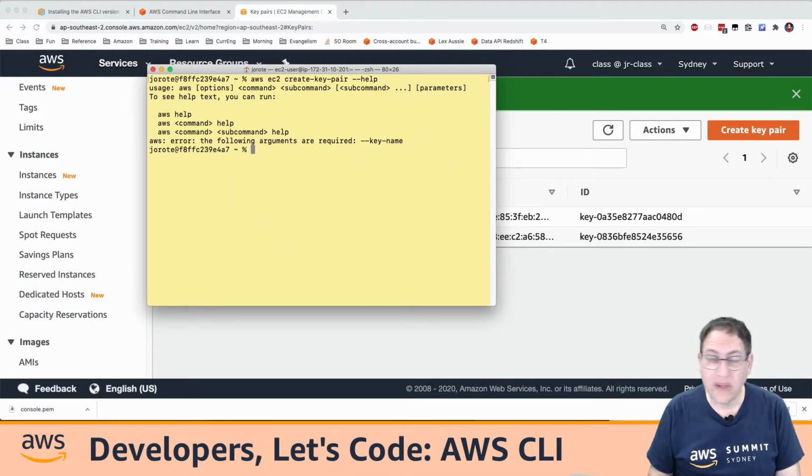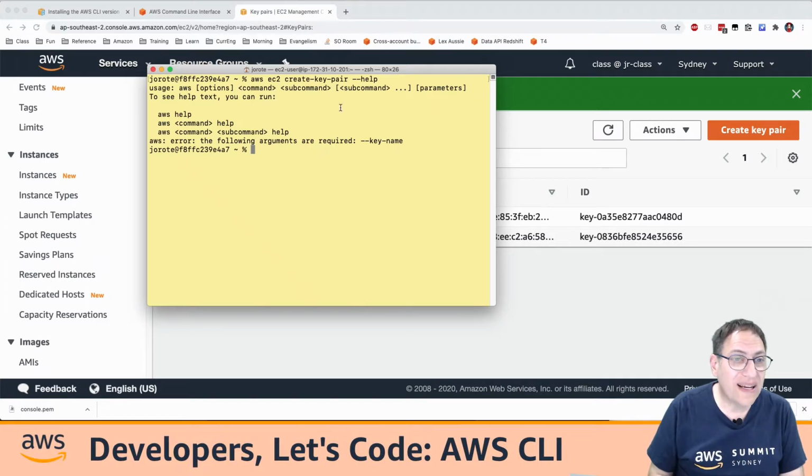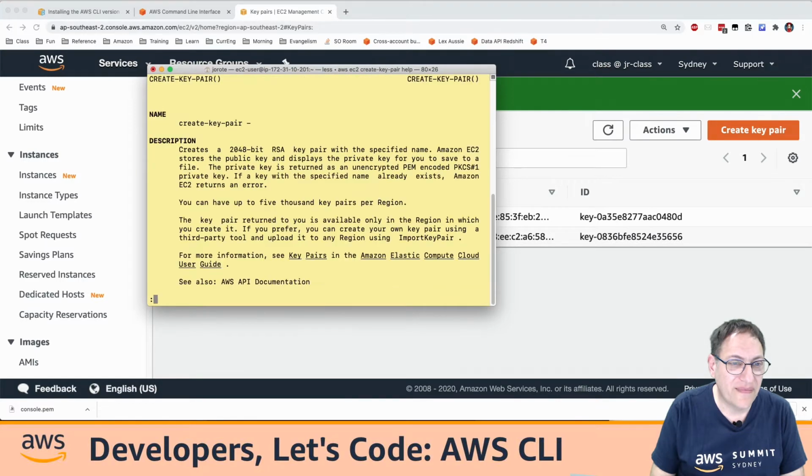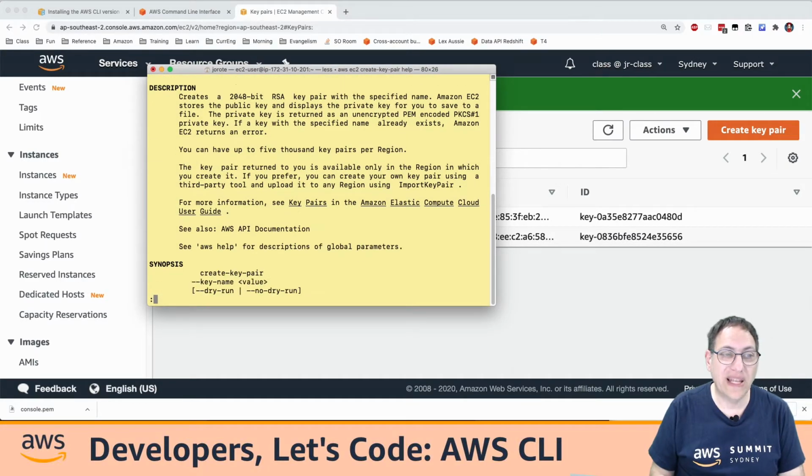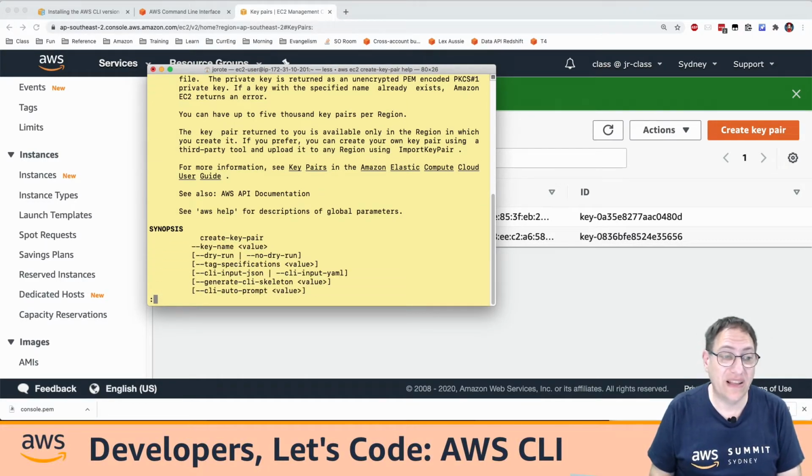just making sure it's good. Yep. AWS EC2 create key pair --help is meant to come up and tell me I need the key name. Why is that not coming up the way I expect? I can just type help. That's better. If I just type help afterwards, it will actually bring up the documentation for that CLI command, and